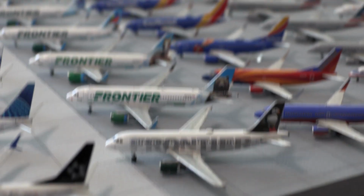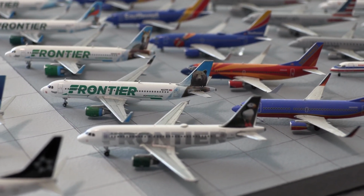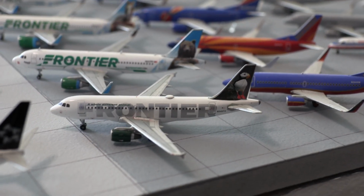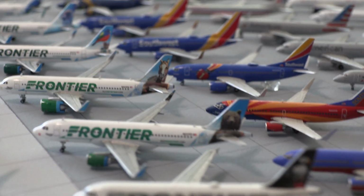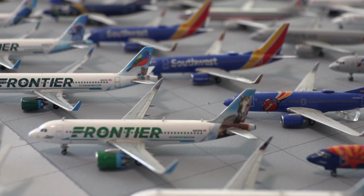I don't want to keep saying Gemini Jets for every aircraft, so if I don't say anything, then it is a Gemini Jets aircraft. But if I do say something else, then of course that's a different brand. So this is the Frontier Airbus A319, the Frontier A320 Griswold the Bear, the Frontier Airbus A320neo and the Champ, the Bronco,